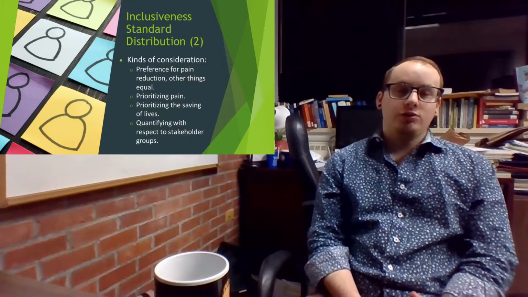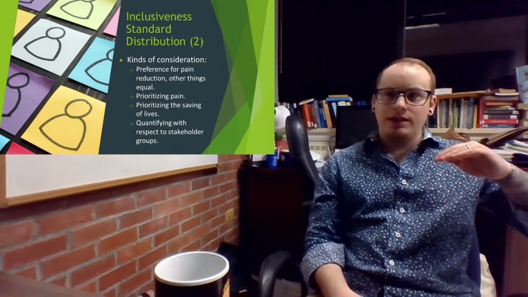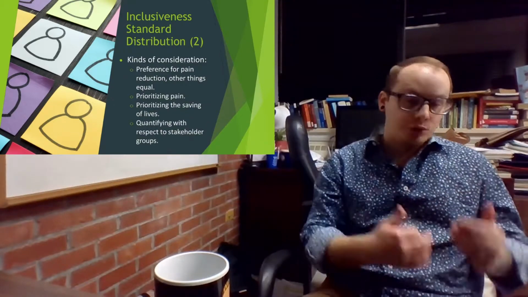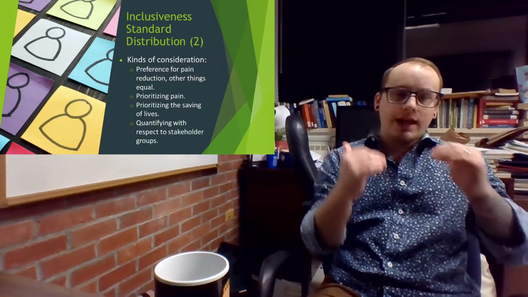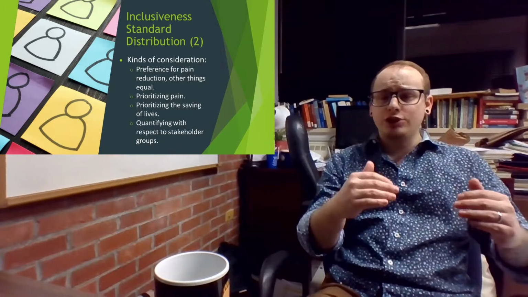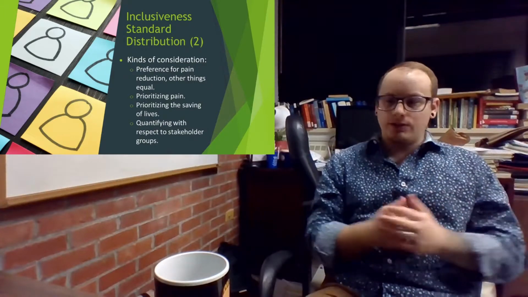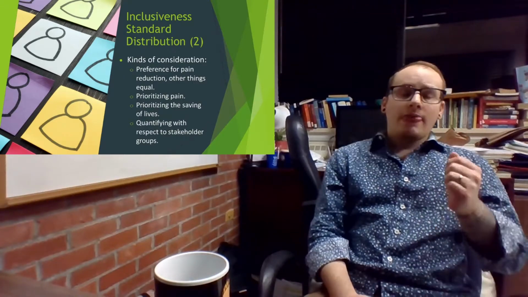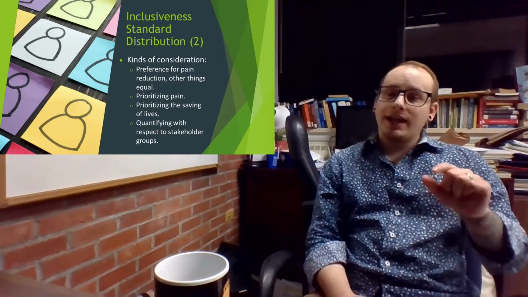Finally, another kind of consideration is quantifying with respect to stakeholder groups. So I might then want to take into account the kind of different stakeholder groups and say, well, maybe the shareholders I'm going to give more weight to than the employees, or I'm going to give more weight to employees than shareholders, or customers to suppliers, different things like that. And so when I'm considering policies, I might then weigh out, okay, in this situation, I want to have the most inclusive health insurance policy I can offer to my employees. However, this is going to mean customers might have to pay a little bit more for the products we make. But if I then weight